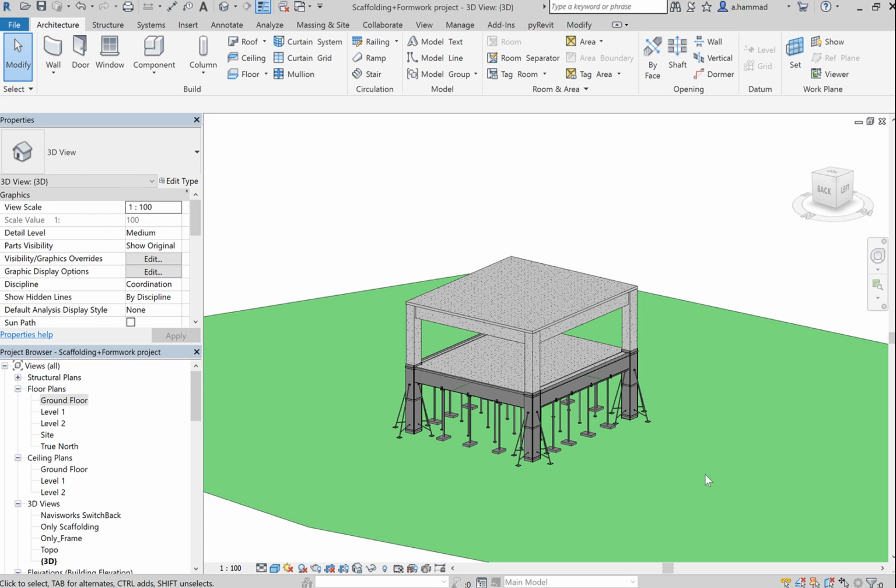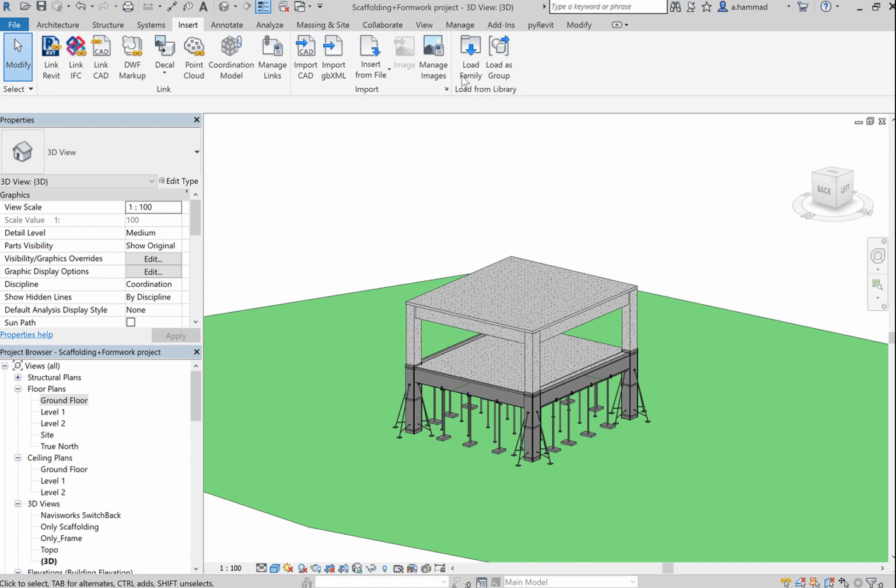As you can see, all my formwork has been placed, all the props have been positioned. So once this has been achieved, our next step is to add the scaffolding that's going to go around the perimeter of the building. To do that in Revit, you've got to go to Insert, Load Family,